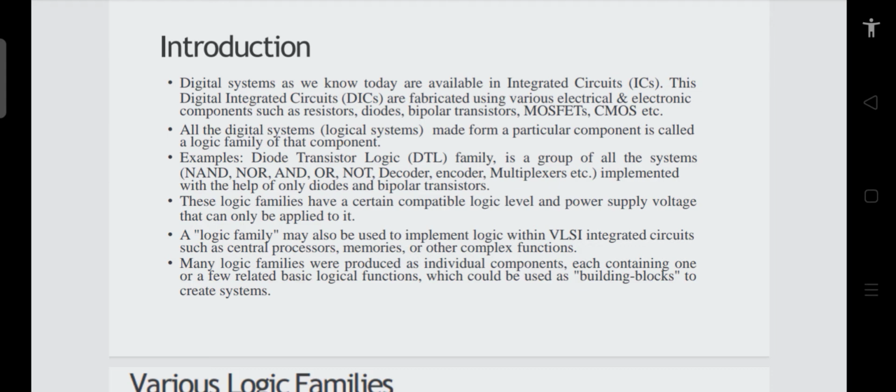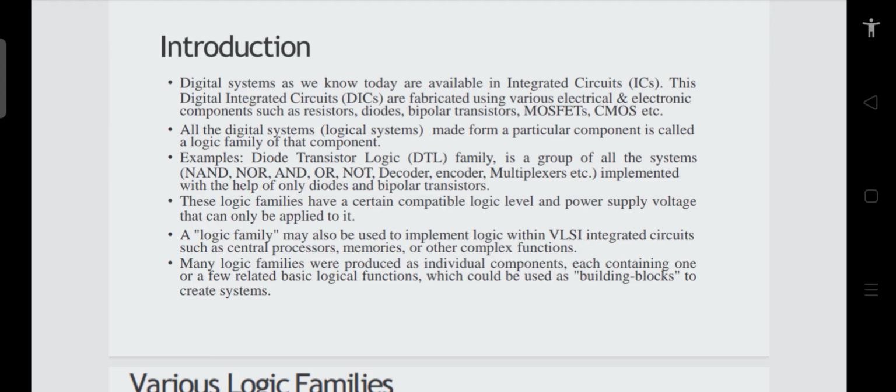So these circuits in future can be used to implement various large scale circuits also, like VLSI circuits, in which with the help of VLSI we are able to make microprocessors or big processors like your Pentium processors, or nowadays quad core processors, or whichever type of processors you call it, core i7, core i3. So i3, i5, i7, whichever type of processors, these are all made up of VLSI circuits.